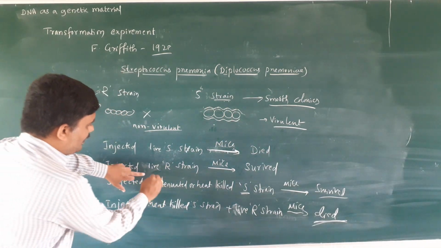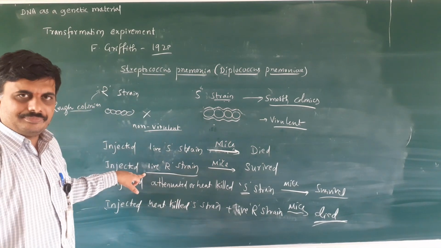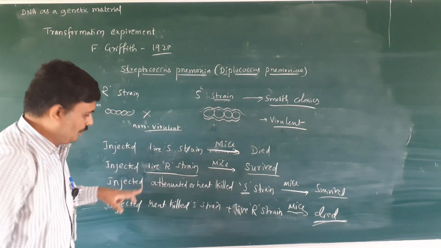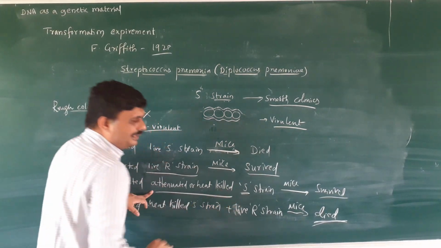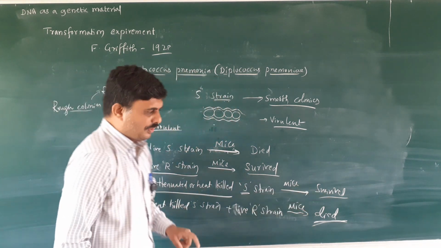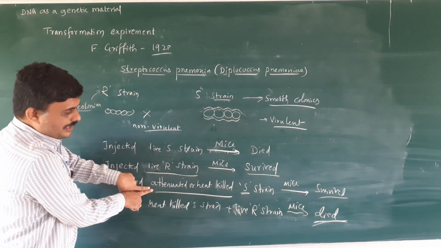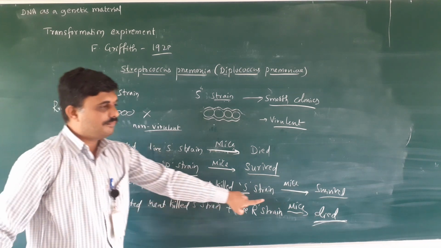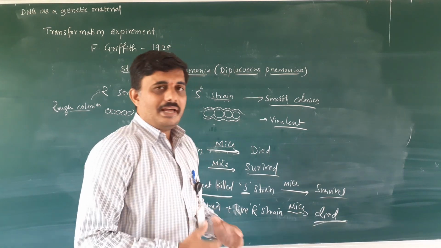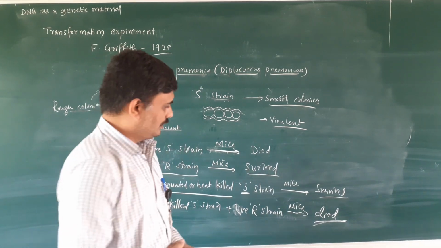When live R strain is injected, mice survive. When attenuated or weakened S strain is injected, mice survive. When we mix the attenuated S strain with the R strain, mice died. He is surprised by this, and he